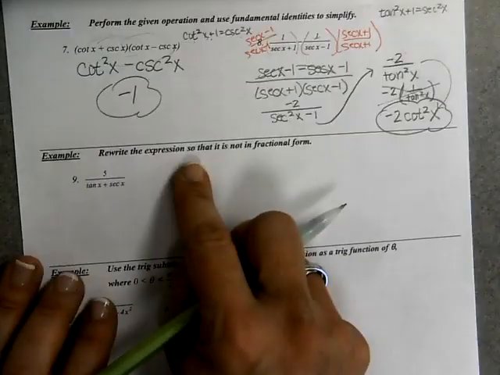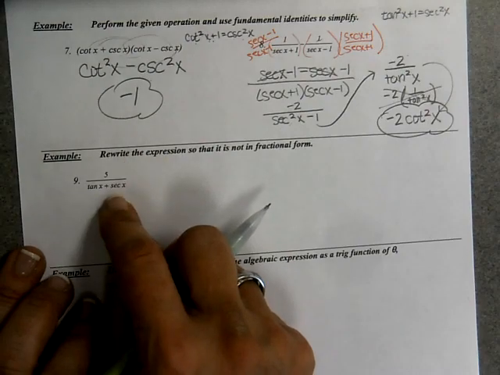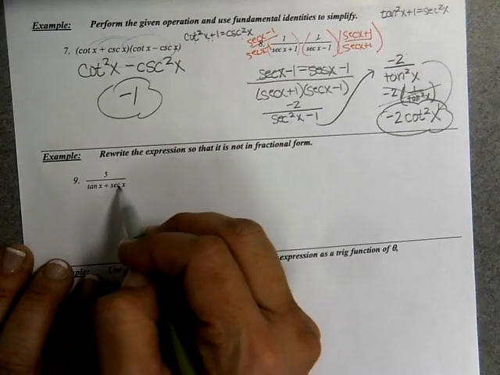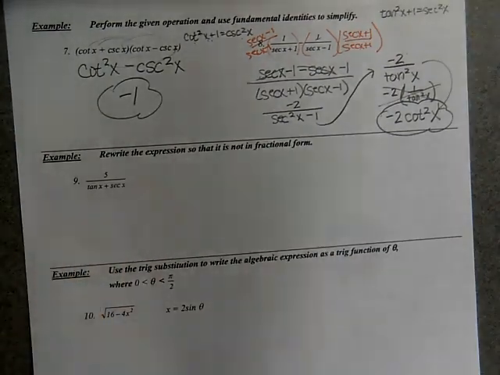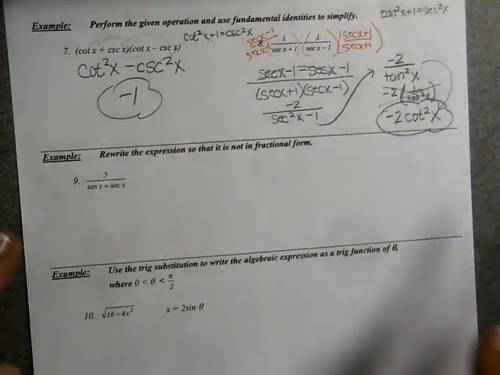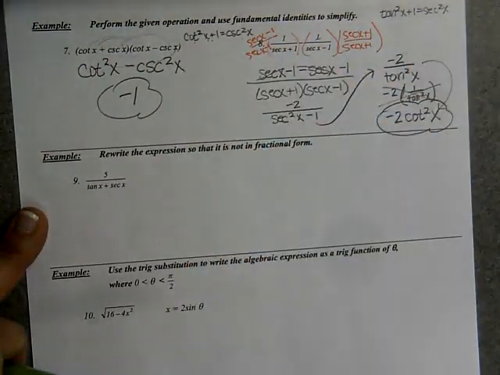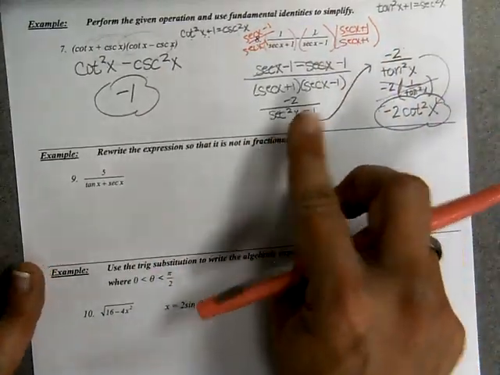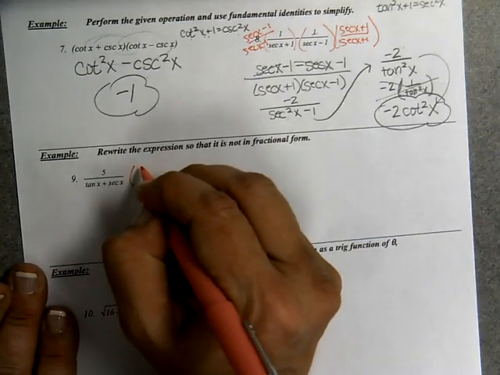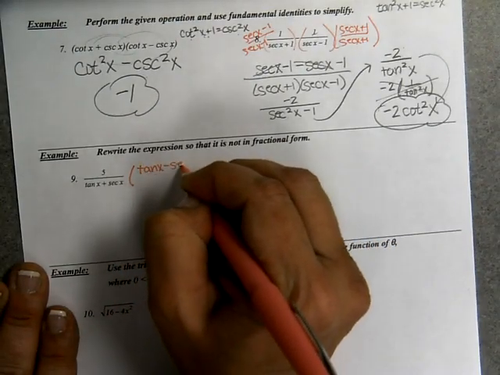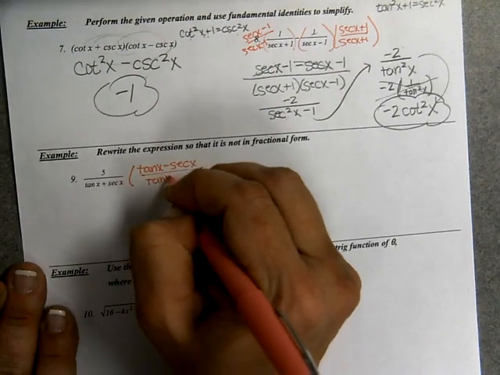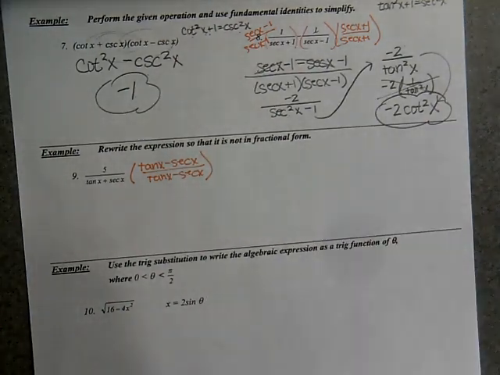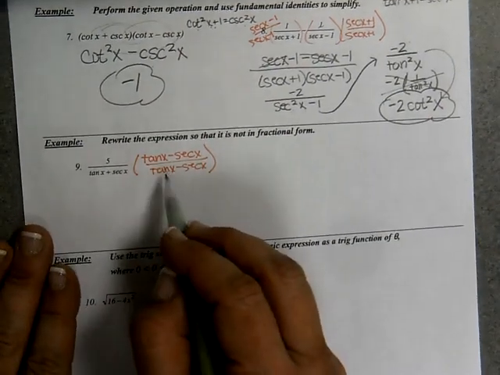Example 9, we want to rewrite the expression so that it is not in rational form, in fractional form. So we're going to try to get rid of those pieces from the denominator. Oftentimes, a good way to do that is by using the conjugates. Notice in these fractions when we created common denominators, they were conjugates, and when we multiply those conjugates together, sometimes we get something that's pretty special. So that's another tactic that we can use, to multiply by the conjugate to see if something pops up from that. So I can multiply everything by the conjugate of the denominator, which is tangent x minus